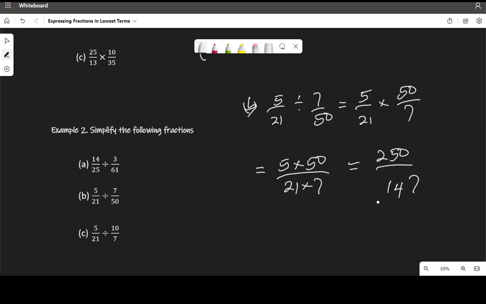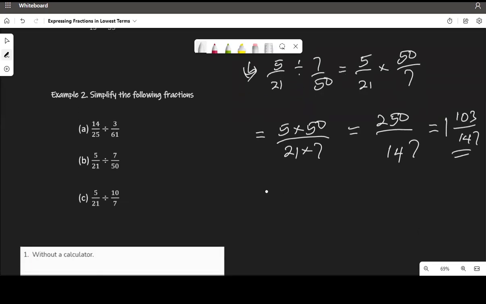So 147. 250 divided by 147. That is one whole number, one whole 3 over 147. And lastly,